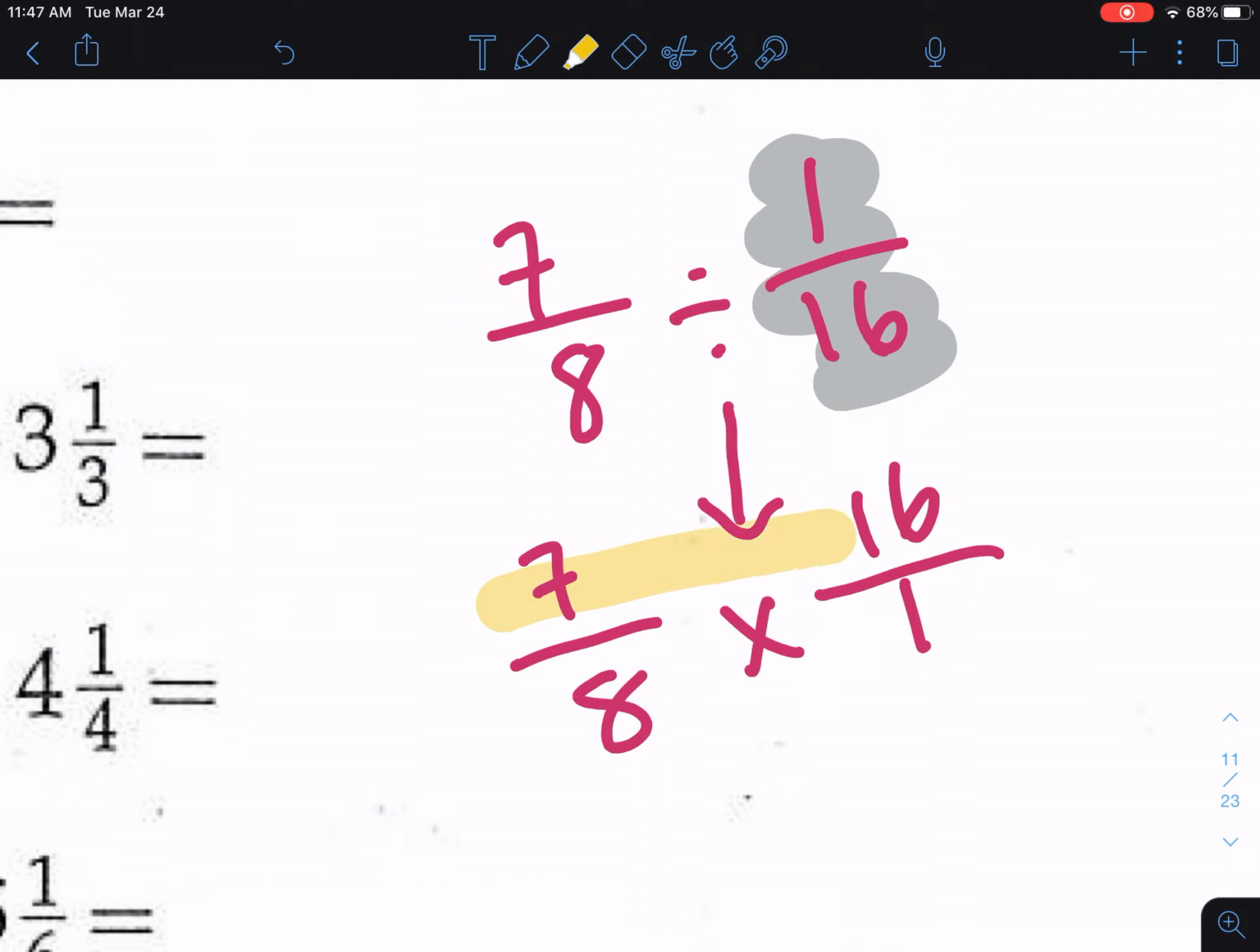Now we're going to do just straight across multiplying. And just so you know, I know I have the calculators